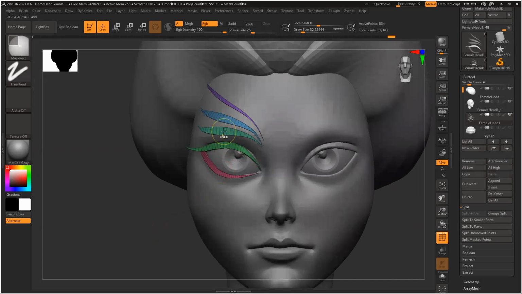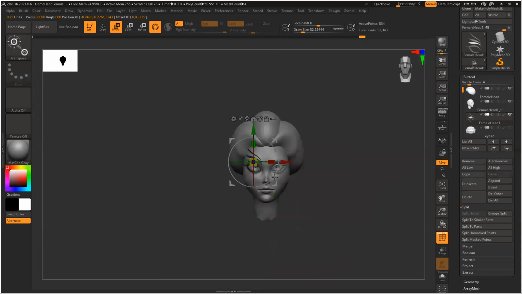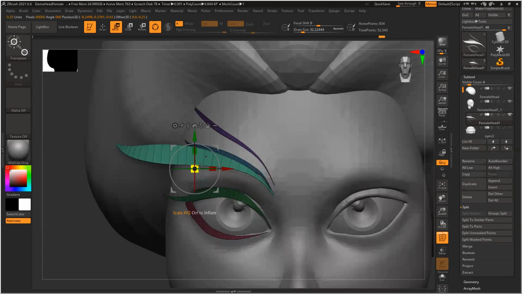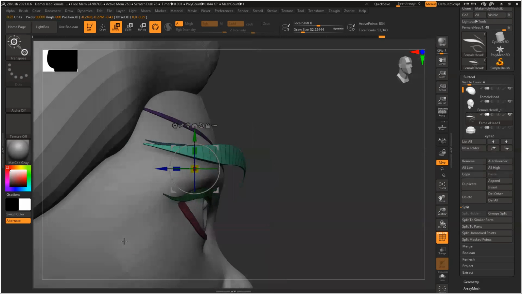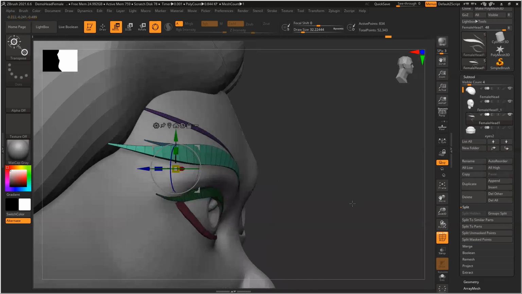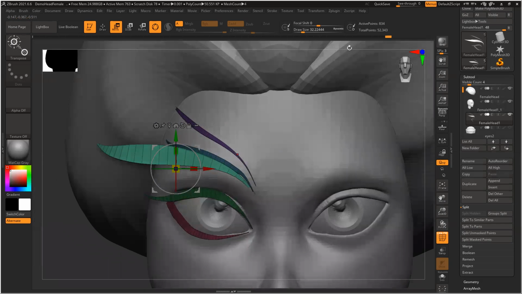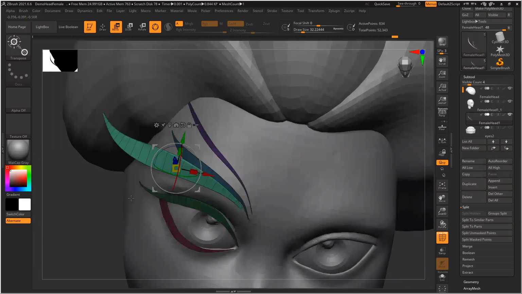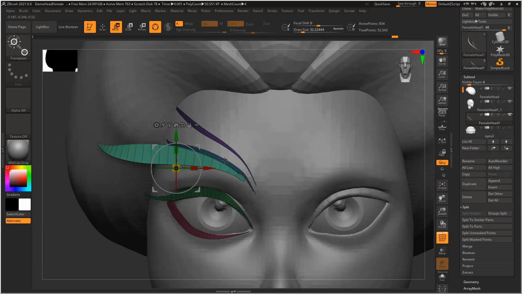Now this one, Control Shift, click on this, select, deselect, invert, scale. Only that part is selected. I can scale it. Slightly inside, because the top of this layer is coming.